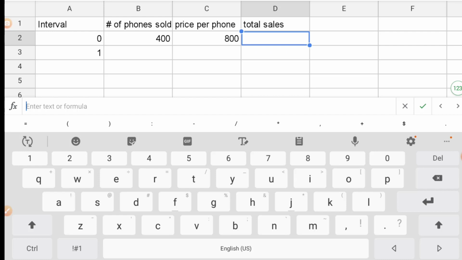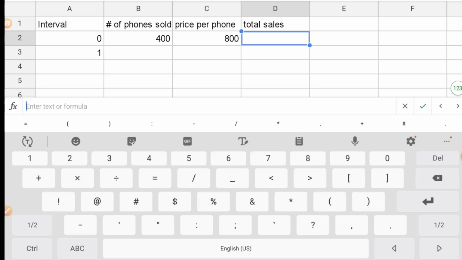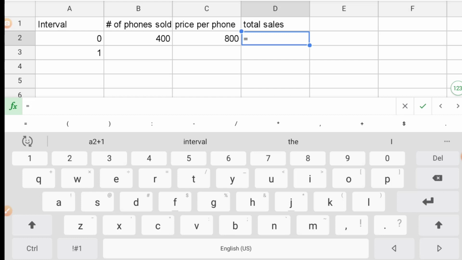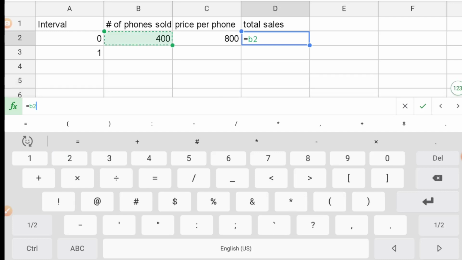I want it to multiply 400 times 800. So what we're going to do is write another formula. We'll hit the equal sign first, then we'll hit what cells are they in? 400's in the cell B2. So I'll type in B2, and then I'm gonna multiply